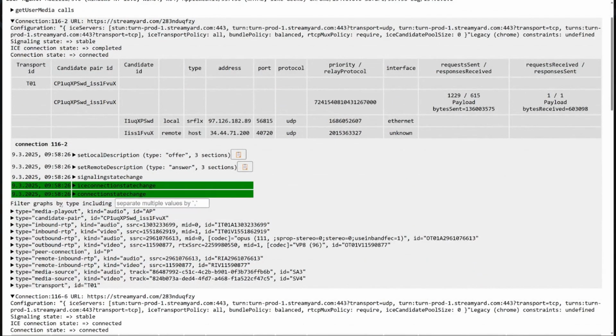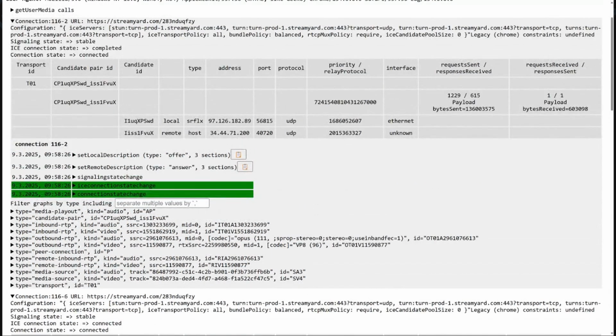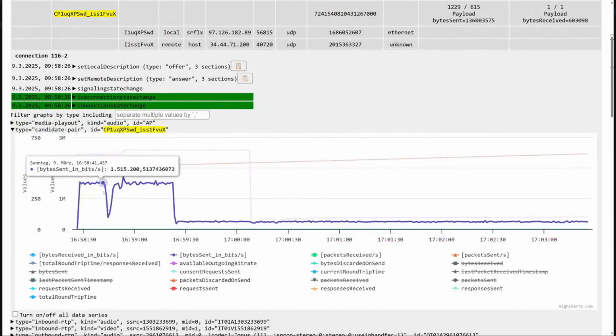Yes. So for example, here we have the graphs, we have the updates to the peer connection, and we have the candidate pair. Let me fix the right one, which I think is this one. Yes. And then you get a single graph because the library that is being used is a bit